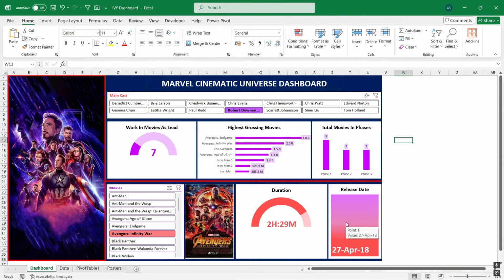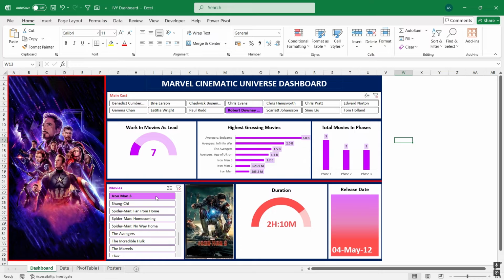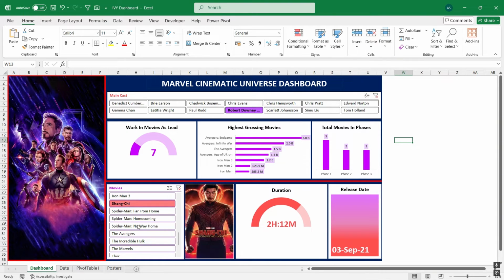Basically, this section provides additional information about the highest grossing movies listed here. For example, insights of the Avengers, then Iron Man 3. And you can also see that the runtime and release date update simultaneously.